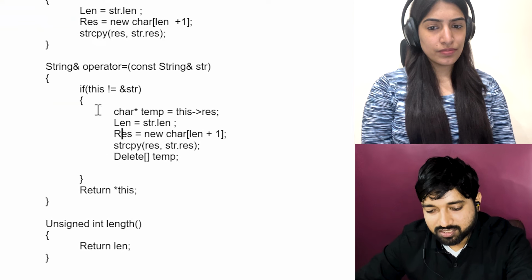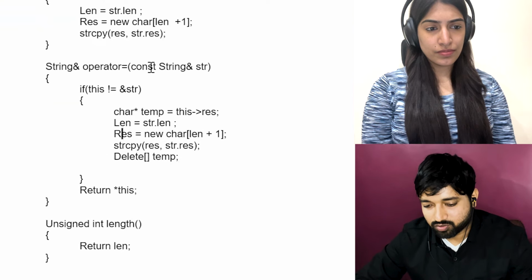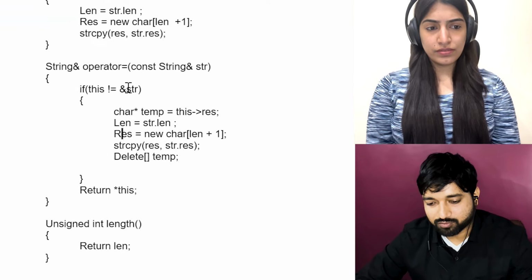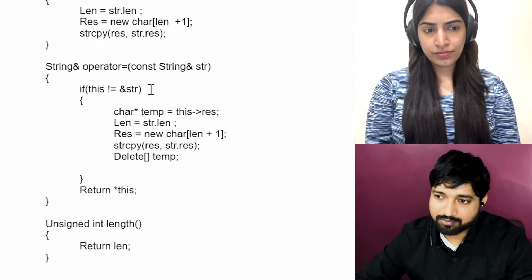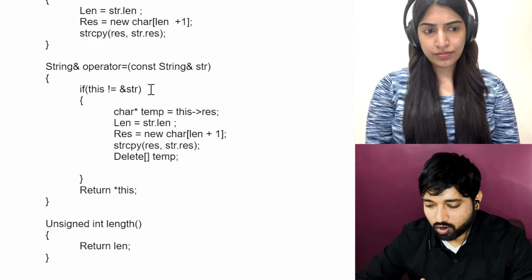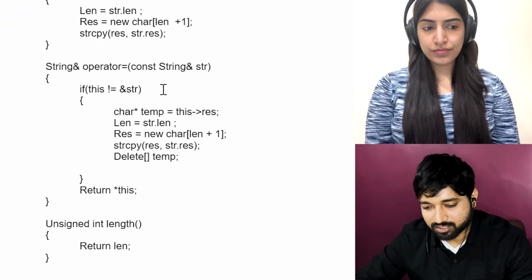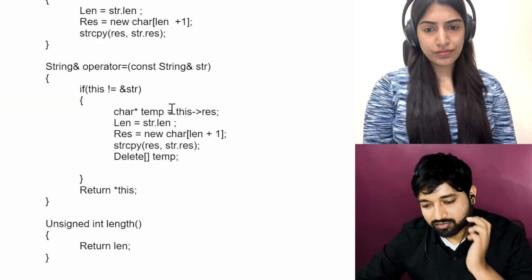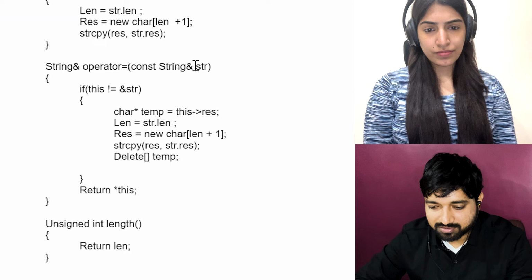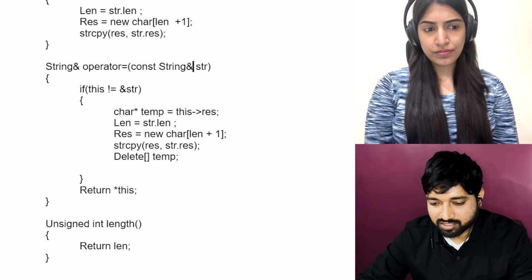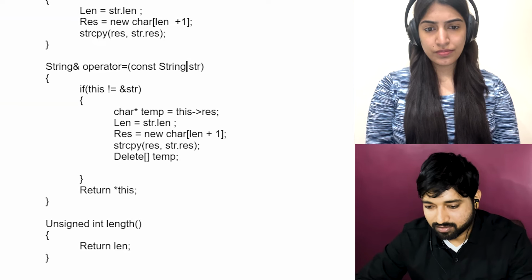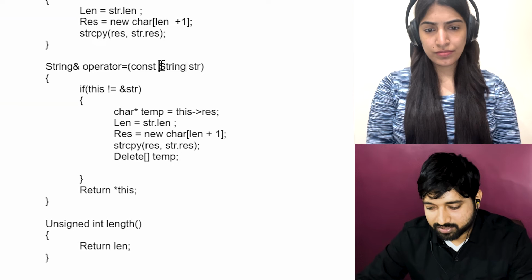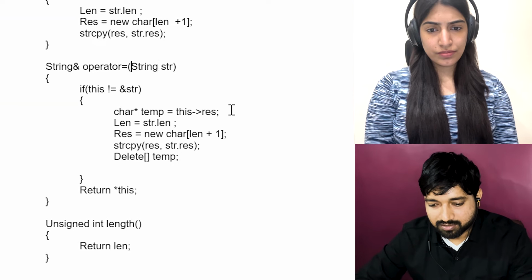So Kirti, actually there is also a nicer way to do this whole thing. There is something called the CAS, copy and swap idiom in C++. The way it is done is, we can just remove this ampersand here and const here, and